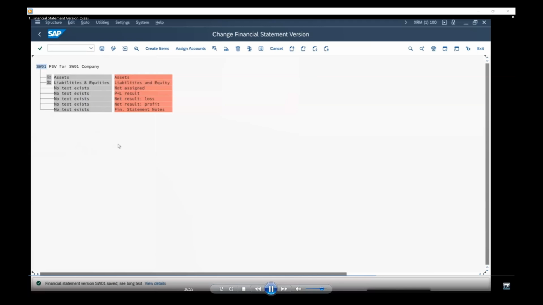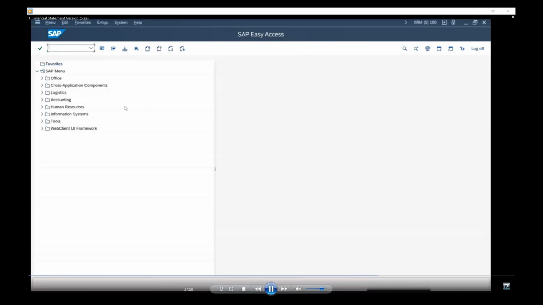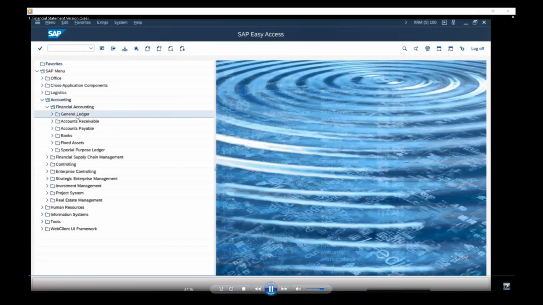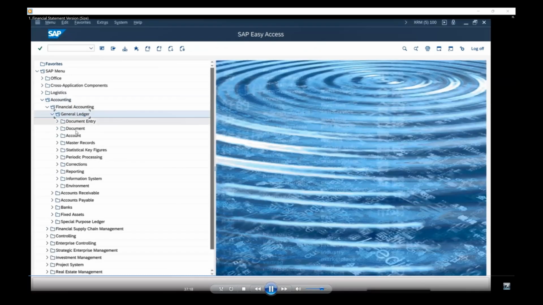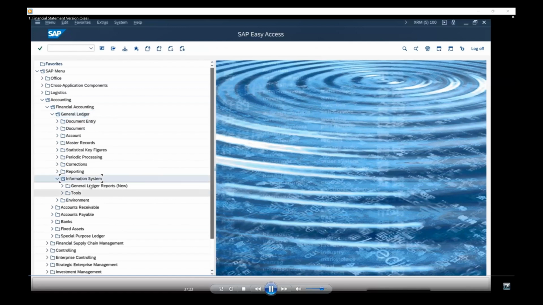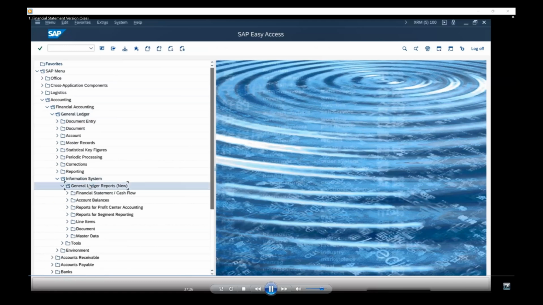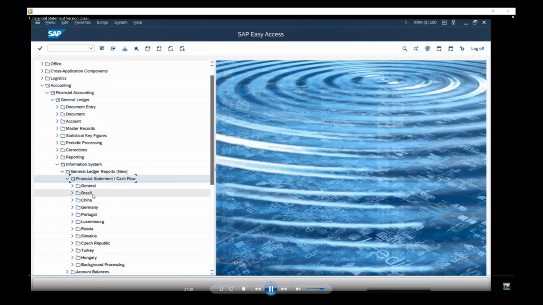So before that, we will try to use this report and fetch the balance sheet of our company. We'll open a new screen and see how to run this financial statement version in our company code. We'll go to accounting, financial accounting, general ledger, and then information system. Like we have discussed, under information system we'll have all the reports. So we'll say financial statements, general,